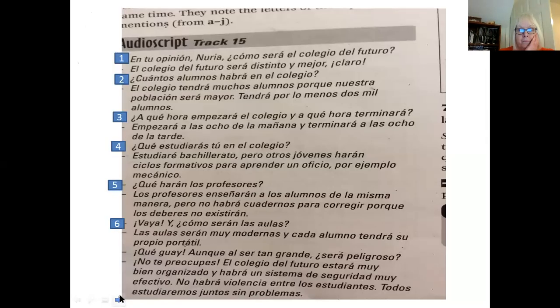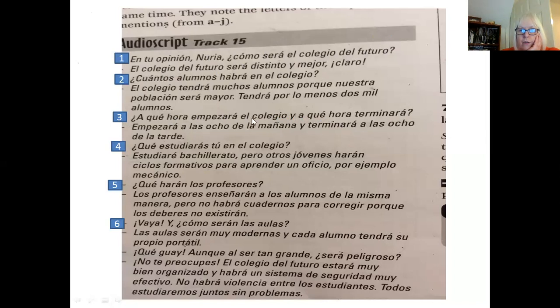So here is the text again. The 6 questions I want you to answer are: ¿Cómo será el colegio del futuro? What will the school of the future be like? ¿Cuántos alumnos habrá en el colegio? How many students will there be in school? ¿A qué hora empezará el colegio y a qué hora terminará?